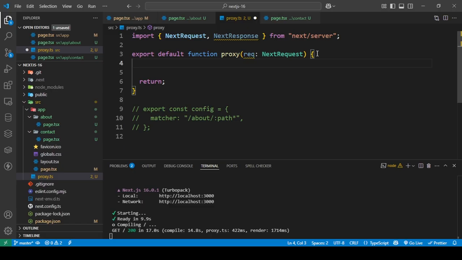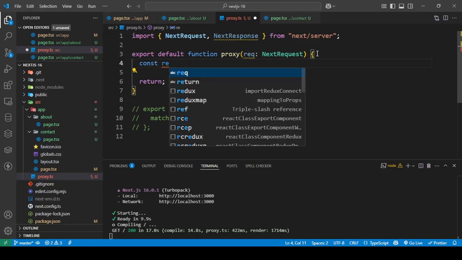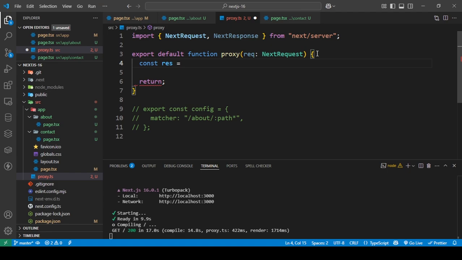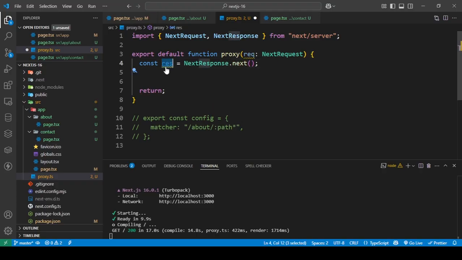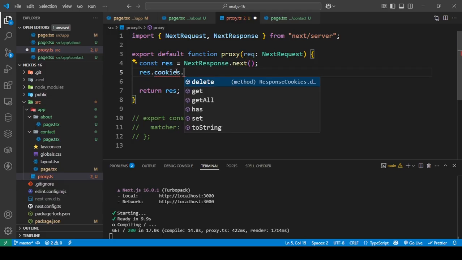To set a cookie using your middleware, all you need to do is first create a response, and we're going to get NextResponse.next, and we're going to pass the response in this and do response.cookies, and then you have all of these options. So I'm going to set one,